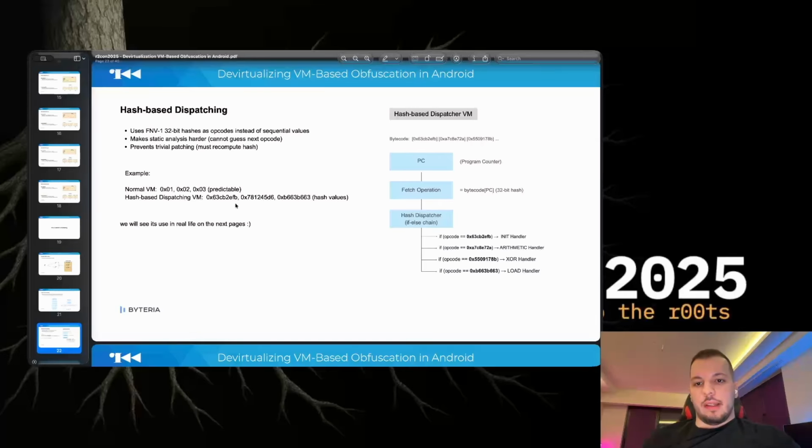The final part is the hash-based dispatching. Instead of using small opcodes, values like 0x1, 0x2, and 0x3, the VM can use 33-bit hash values, often FNV opcodes. The opcodes look like random numbers like 0x63CB and other characters, which prevents easy prediction and brute forcing of the dispatch